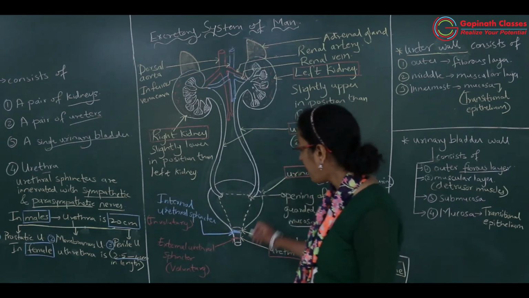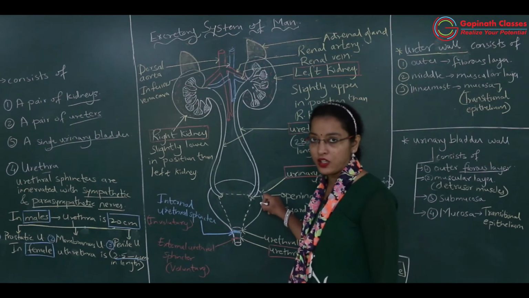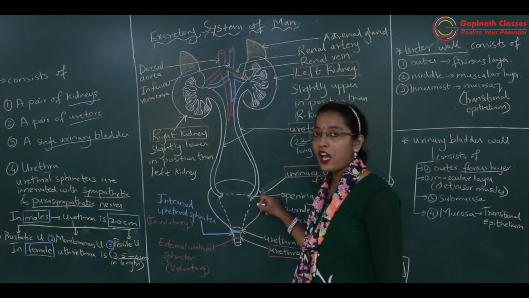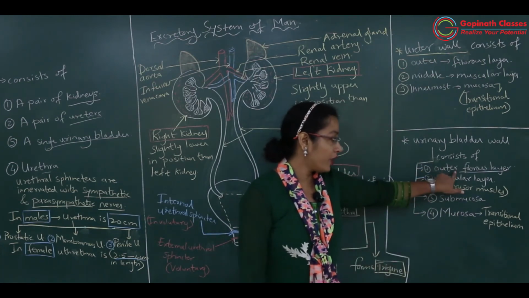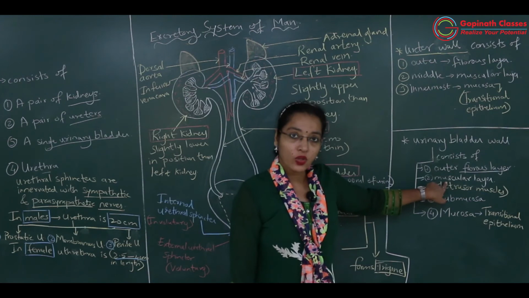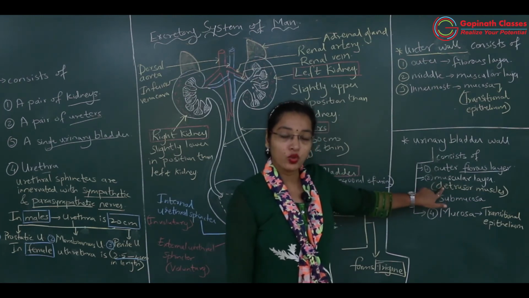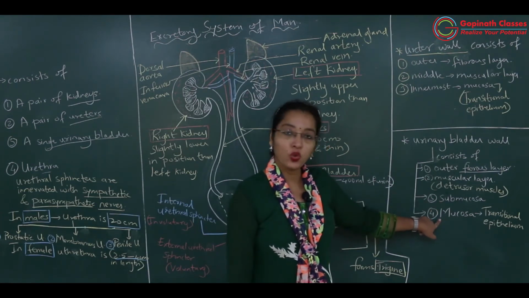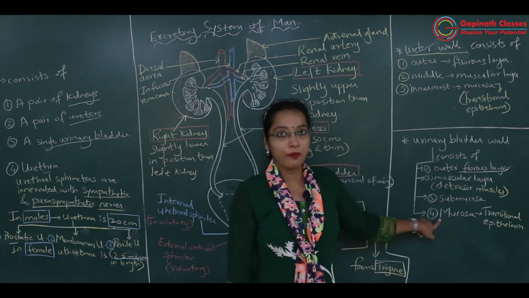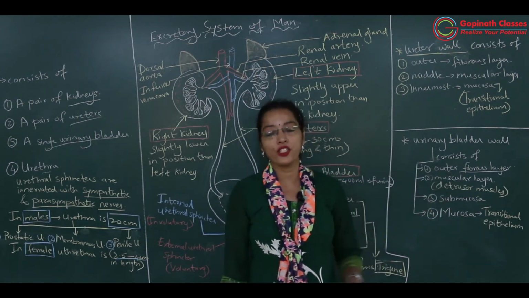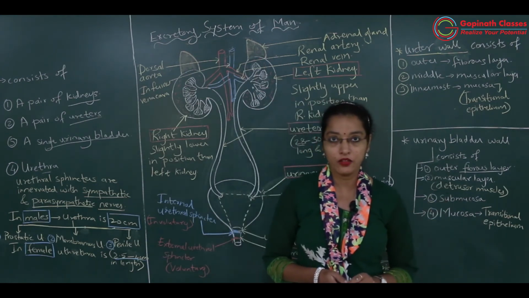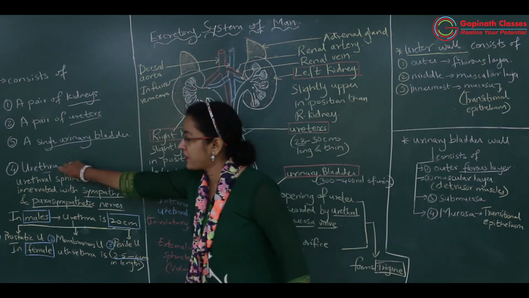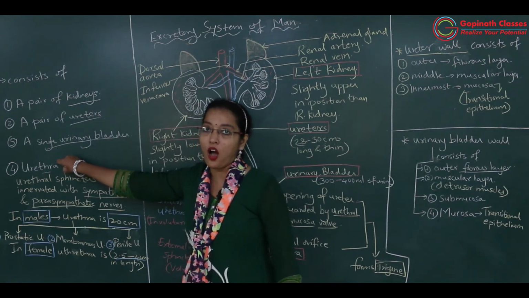Okay, that is all about the single urinary bladder. So the single urinary bladder is pear shaped, sac like, having 4 layers: outer fibrous, second muscular layer which is specialized smooth muscles, detrusor muscles, third submucosa, fourth mucosa having transitional epithelium for expansion and contraction of the wall of the urinary bladder. Okay, then coming to the last part of the excretory system, that is the urethra.